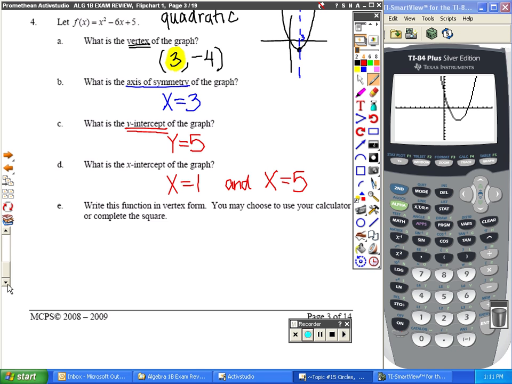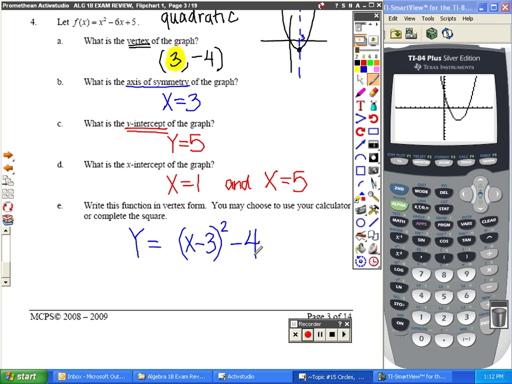The last step is to write this in vertex form. I think on your formula sheet it tells you what vertex form is. So if you're not sure, you can flip back to your formula sheet now. But it looks something like this. Y is equal to x minus 3. You subtract the x value of your vertex, squared, plus, oh, actually I'm going to change that,